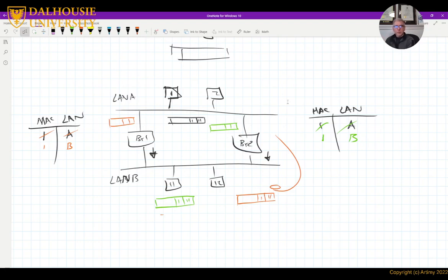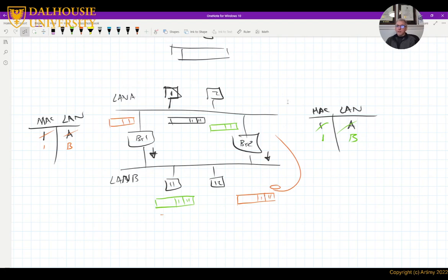So they are useful, but they carry the risk of packets going around and around and around, right, and duplicating in the process. So we need to have something that keeps the loops but prevents this ugly scenario from happening.